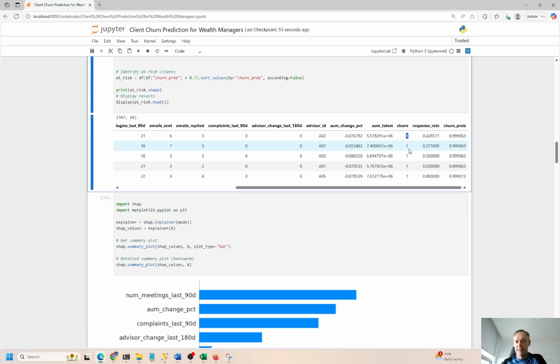granularity behind this, right? So the churn probability is actually 0.99. So this person's probably leaving, 0.99, 0.99, 0.99, probably 0.99013, 0.99063. So probably leaving, but this 1% just says definite, right? So here we have just a more granular kind of perspective on things. And I'm only looking at these filters now. I'm looking at churn probability greater than 70%, right?